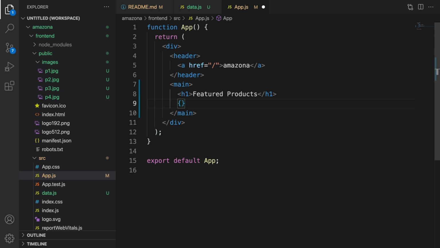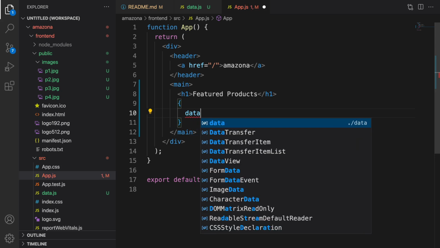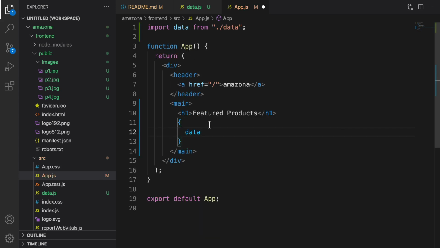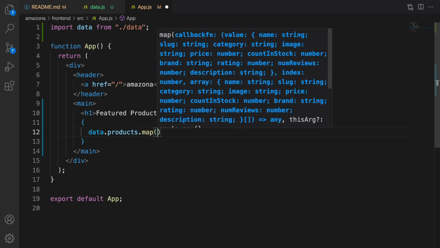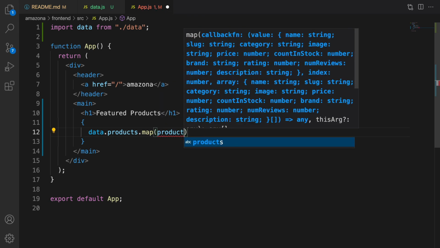In the next line, it's time to render the products. Inside curly bracket, type data. Here we are getting auto import from data.js. Press tab to import it and get access to the products. Let's close the Explorer. And at this point, we need to use map function. Type .map and convert each product